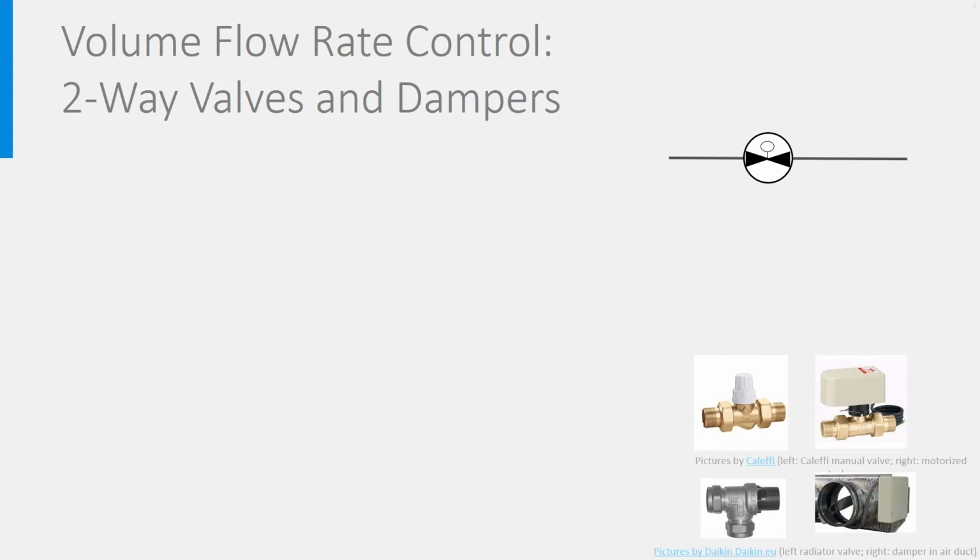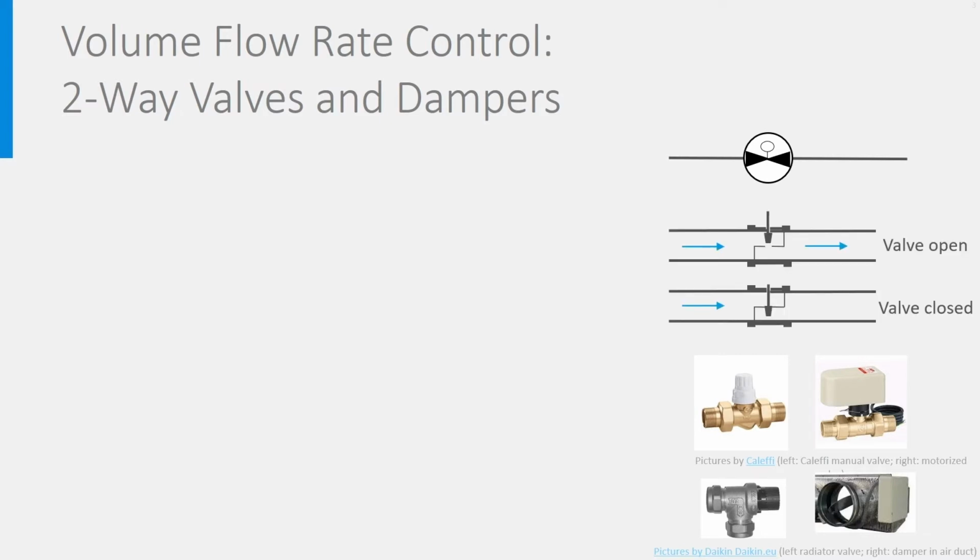These valves are named two-way valves and are represented in P&IDs by the symbol above. In a water duct, the two-way valve looks like this. Above, the valve is open, below it is closed, and of course in controllable valves all positions in between are possible. You see on these pictures how it looks. The two on the left are manual and the ones on the right are motorized, so they can be controlled automatically. The motorized ones are the ones used for the automated control of HVAC systems.